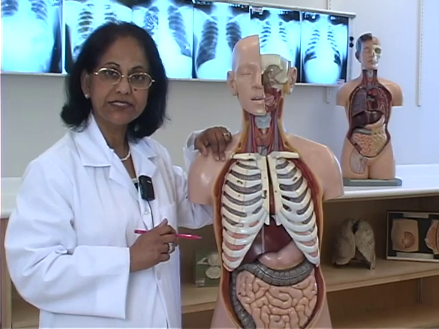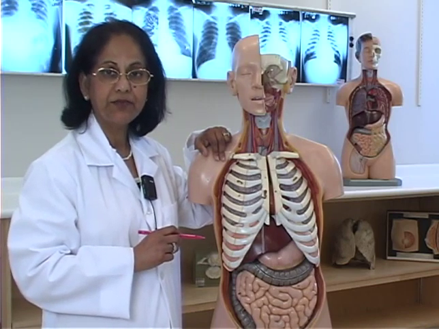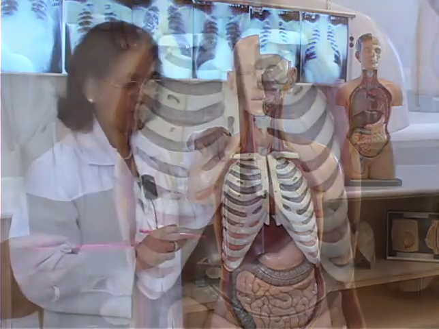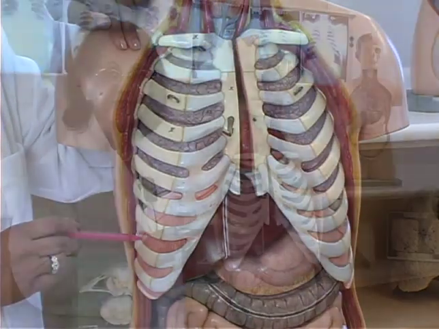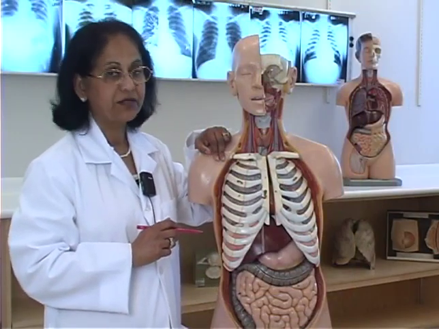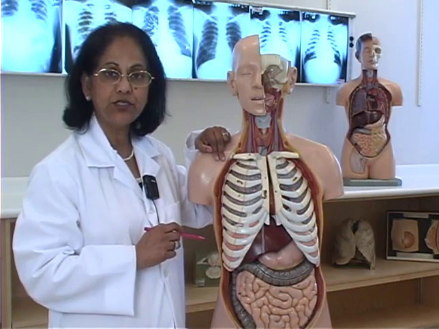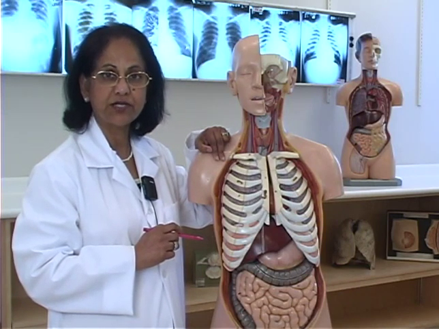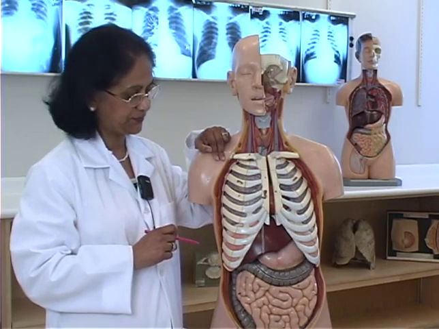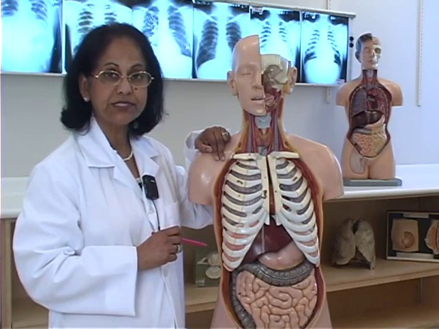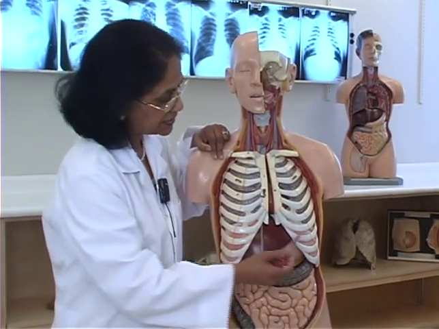Let me talk about the recesses. Recesses are the area in the pleural cavity which the lung does occupy during inspiration, or this is the area where the pleura reflects at an acute angle from one surface to another surface, forming gutter-like spaces. There are two recesses, right and left